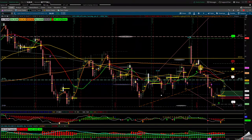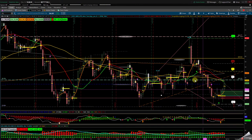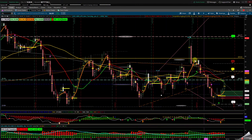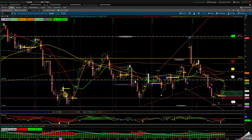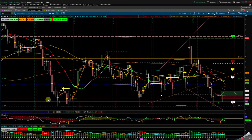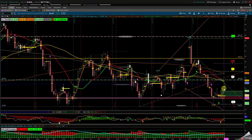We fell through the 56, 57 area and the 54 area, which was where most of the consolidation happened, and we went back to the 50s, consolidated in this prior down move. You see it, we retested it once, twice, 3 times, 4 times. Now we tried to go back up. This was the